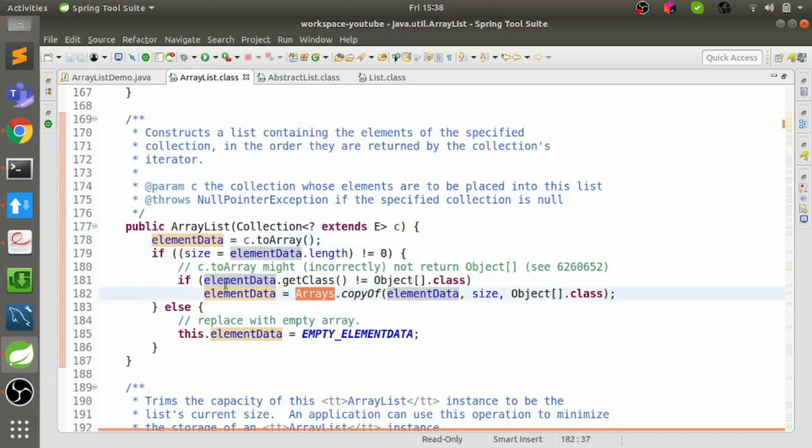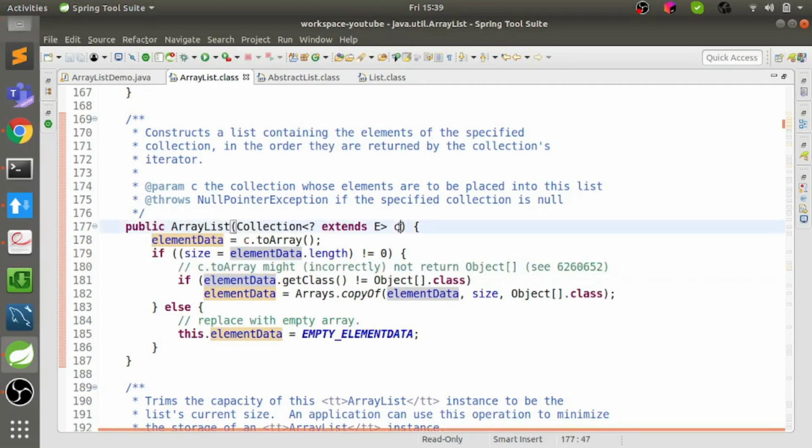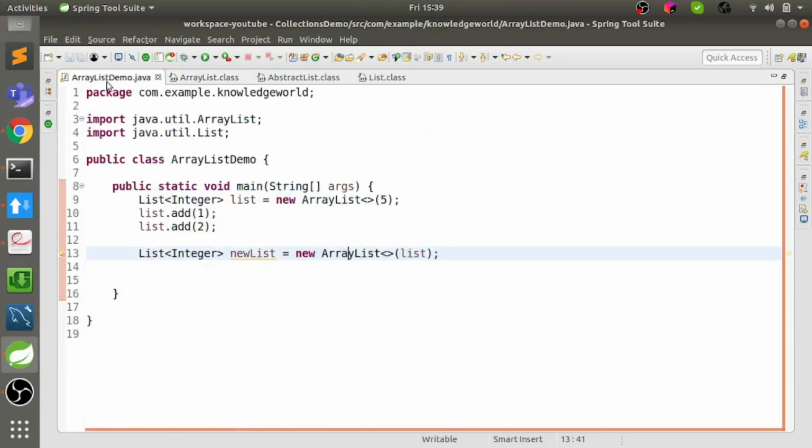Sometimes, as per the Java documentation, c.toArray might not return the object class array, so it is just copying the data manually, right? But internally, it just assigns the element data, which is the object class array, to the data from the collection by converting it to an array. Okay, so these are the constructors.